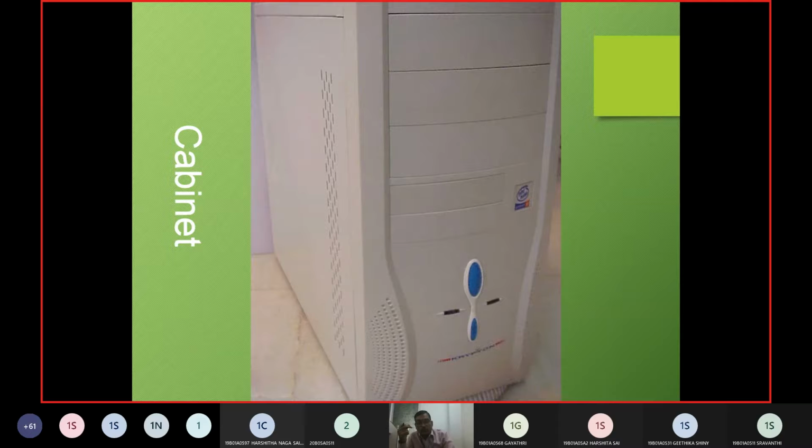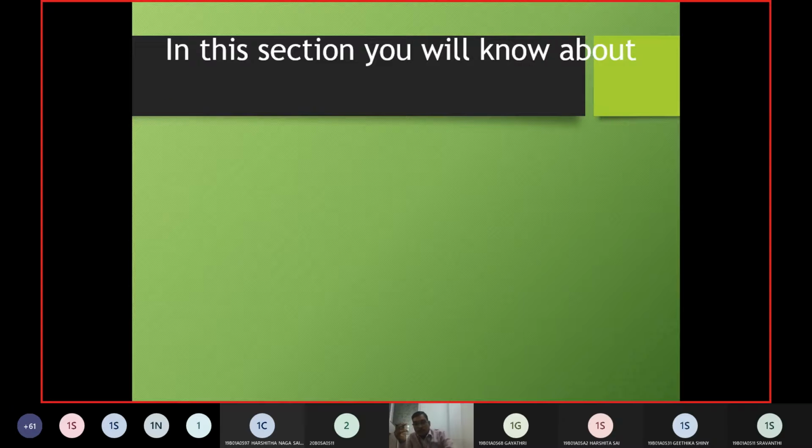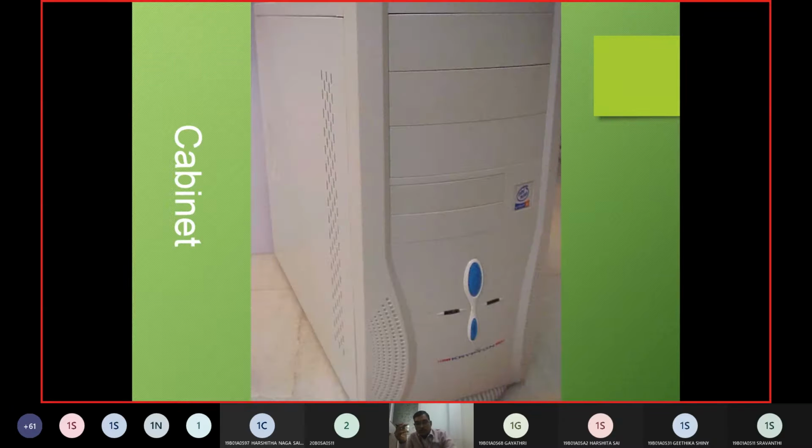So this PPT was taken up to demonstrate the regular lab computer, but more or less the same components in different sizes will be in the laptop. Now you can see this was the cabinet. Why am I putting this PPT? Because this is the only subject where you should understand hardware.